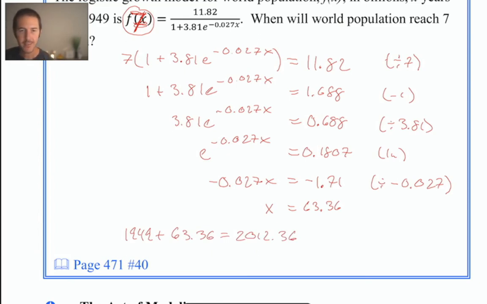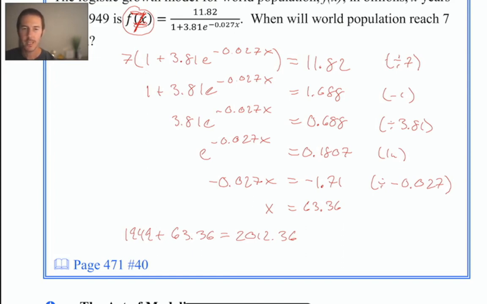So will it happen in the year 2012 that the world population reaches 7 billion? I would say that this is, and again, it's just a guess, okay? Again, it depends on your teacher, your instructor, your professor, whatever homework utility it is that you're typing answers into, whether it's multiple choice, how the question is phrased. When will world population reach 7 billion? I would say, just based on the way that it's phrased, it's very possible that in this case the answer is,